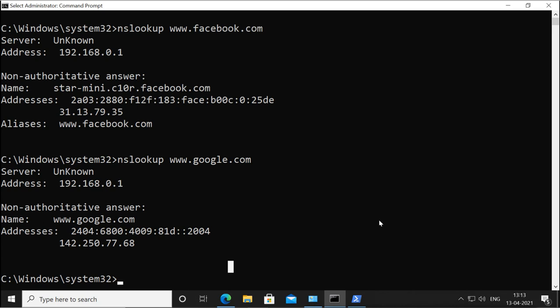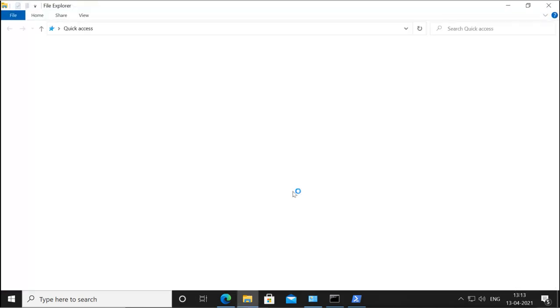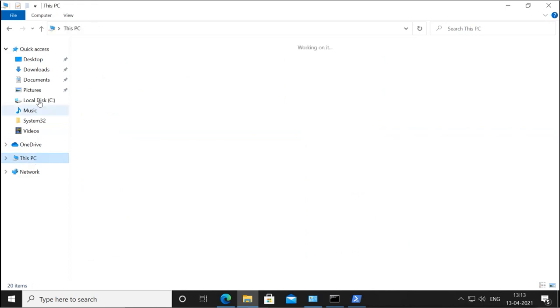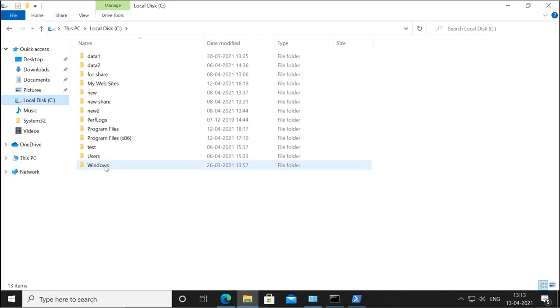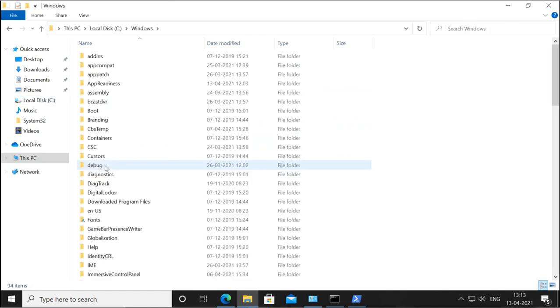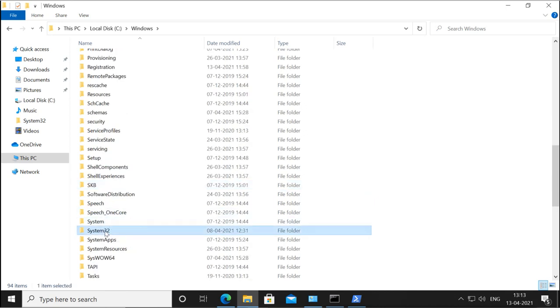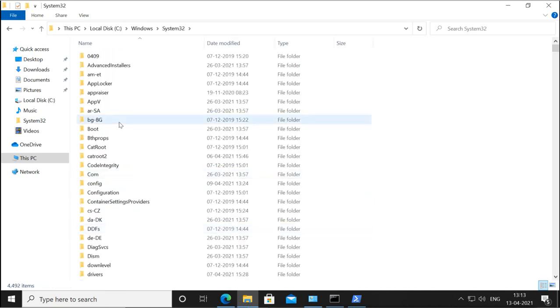So host files are still there in our system, and if you want to see where the host file is, it is under C drive, under the Windows, under System 32, and under System 32 you have a drivers directory.